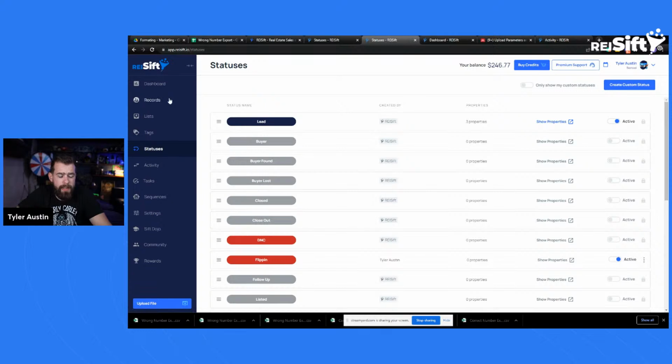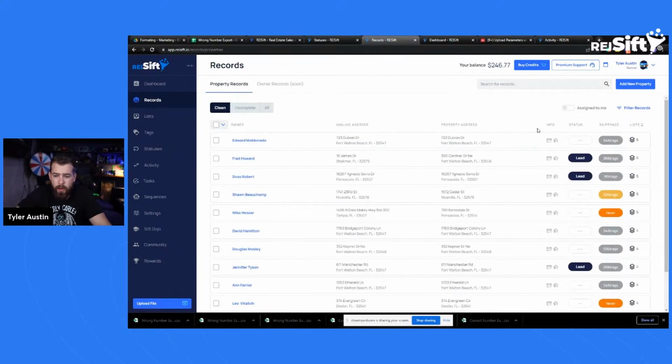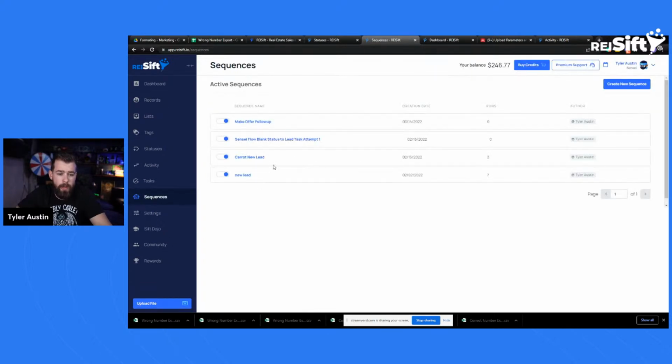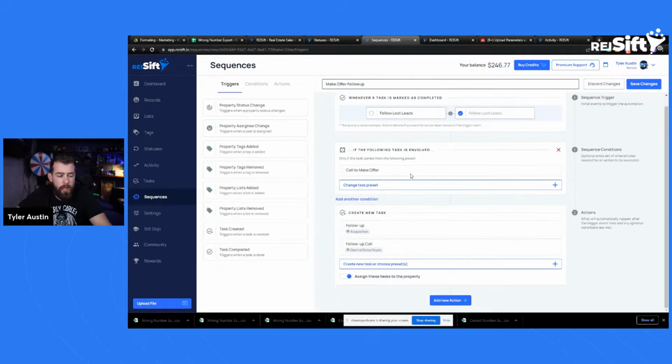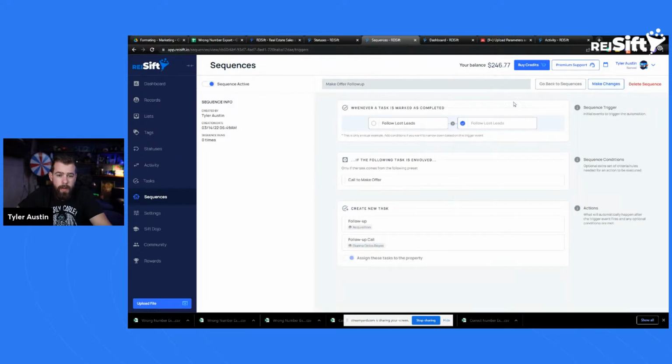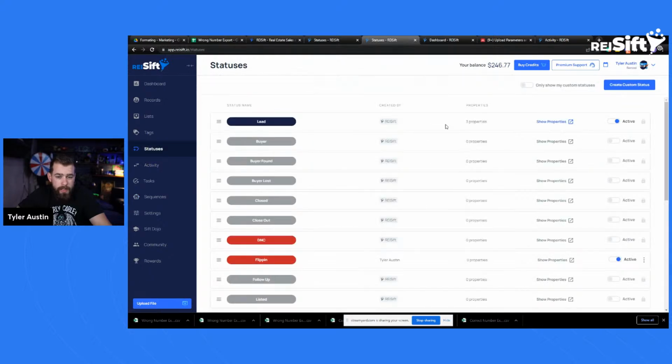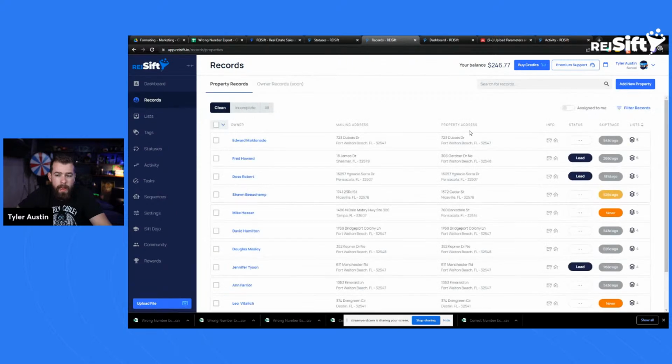Other than statuses, there's quite a few other things that might be some minor things that aren't really worth mentioning too much, but you can also edit sequences now. So if you go into your sequences, you can go to make changes, and you can update your sequences to be able to not have to make a new one. So that's really cool. So you got edit sequences, you got phone statuses, you have custom property statuses, and then you have still here, either this week or early next week, we'll be launching the